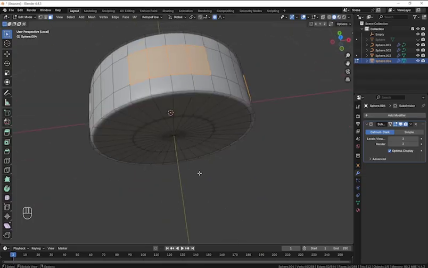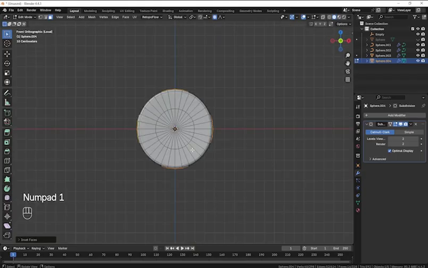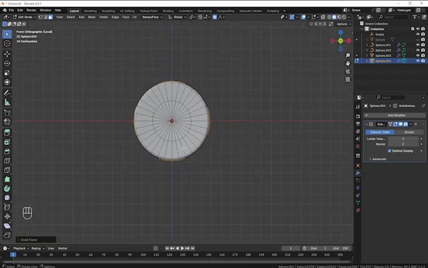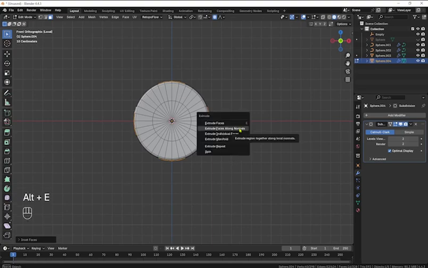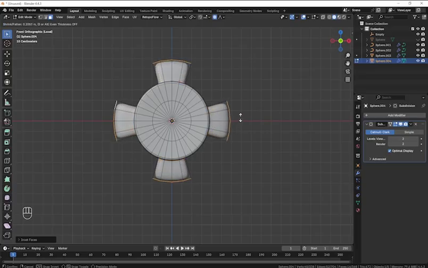So what we are going to do next is press the I key to insert. Okay, and then numpad 1 to go to your front view, and then you are going to hold down the Alt key and then E, and then you are going to get this extrude options, and then extrude faces along normals, and then pull it out. Okay,